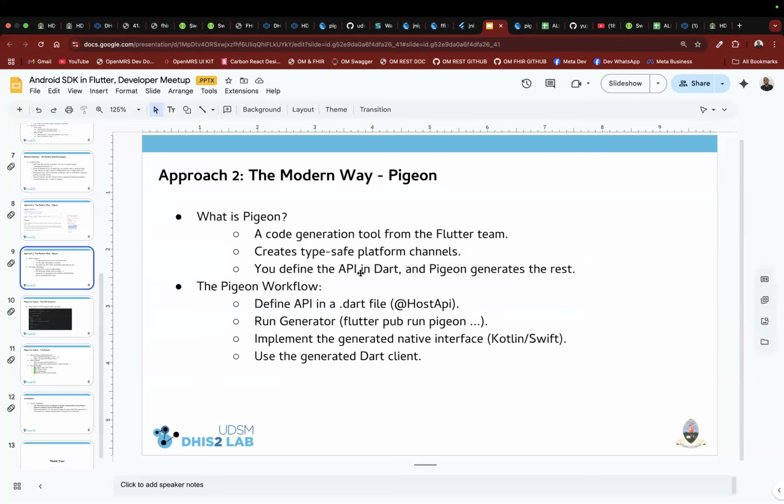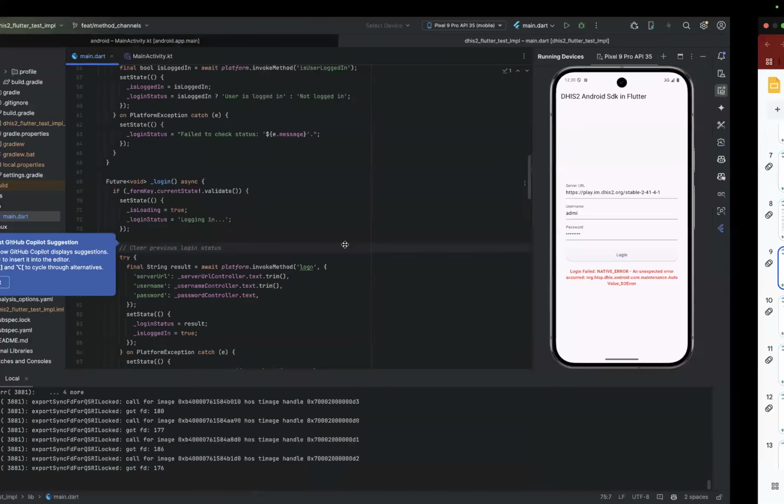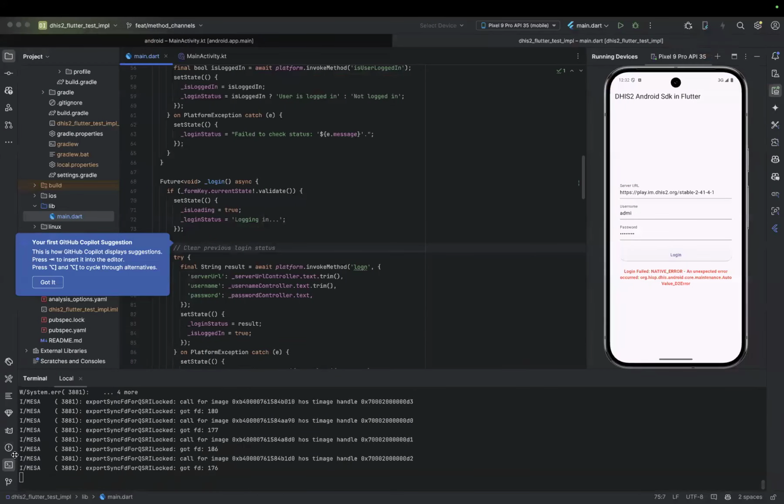So to really understand Pigeon, let us go to the code and migrate to the second branch.